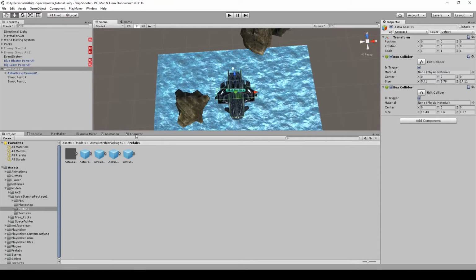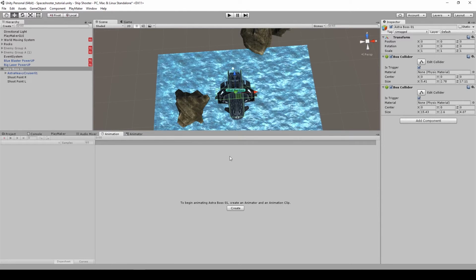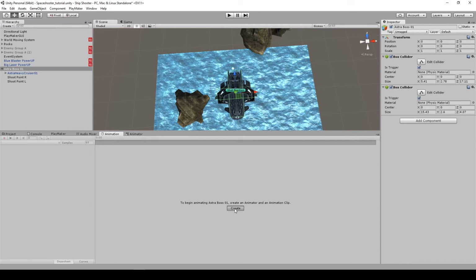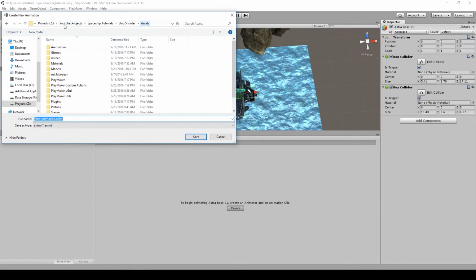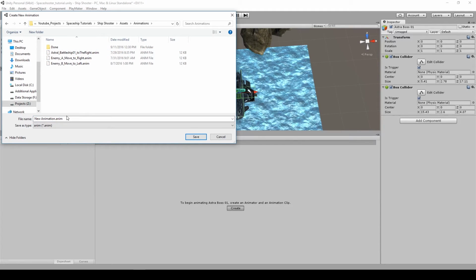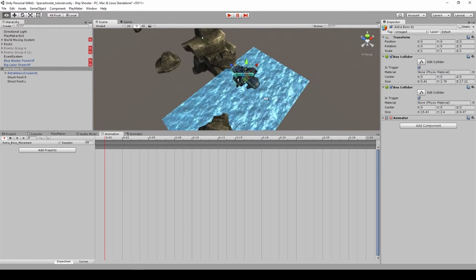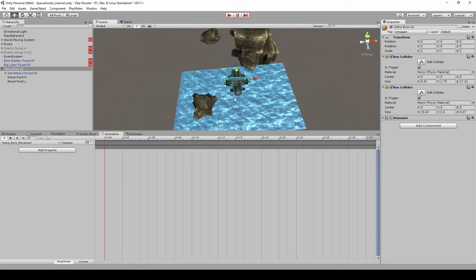and let's create an animation. So I'm going to choose the Astra boss, not the child object but the parent object, and let's create the animation. So go to our animation folders and let's create a new clip, Astra boss movement, and then let's start to animate it. So I'm going to turn down the samples to 30 frames per second,